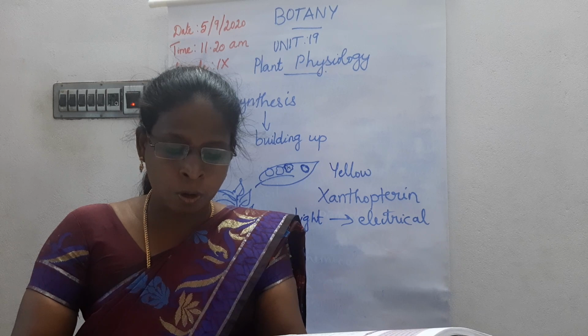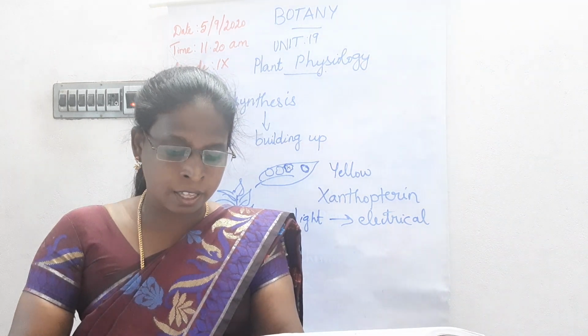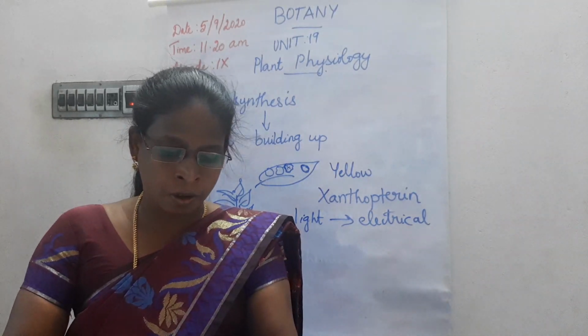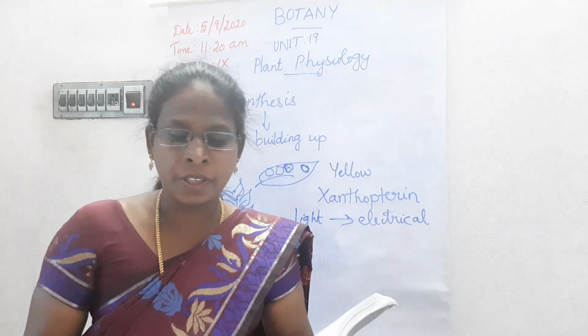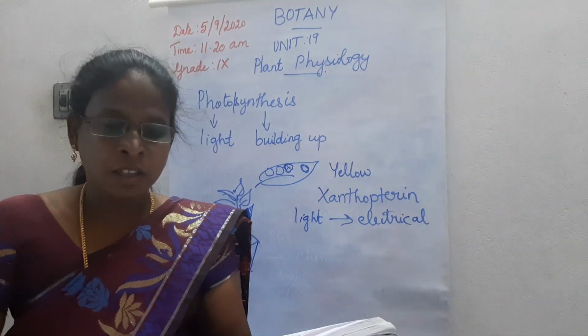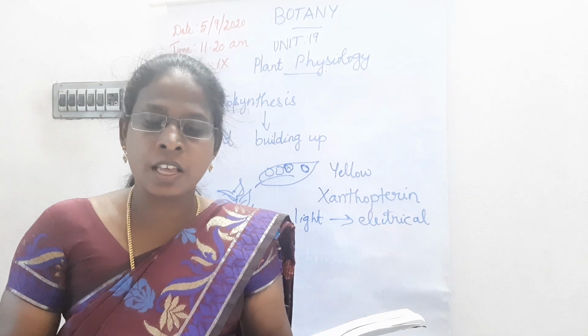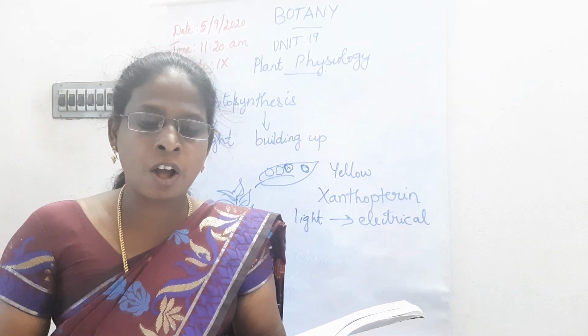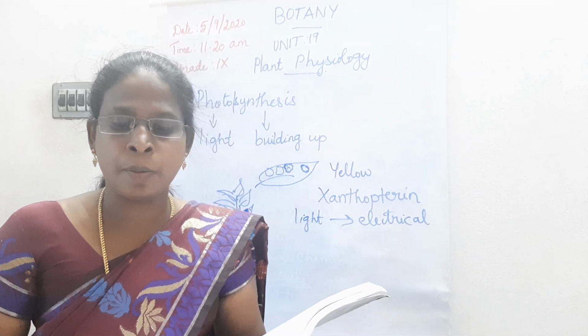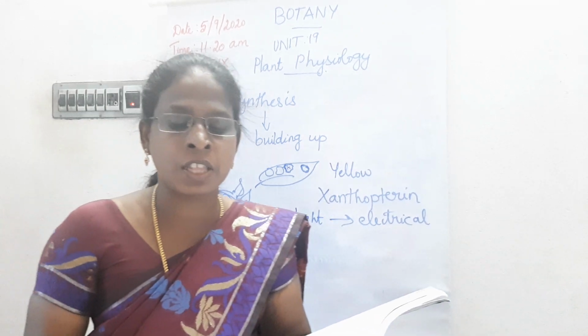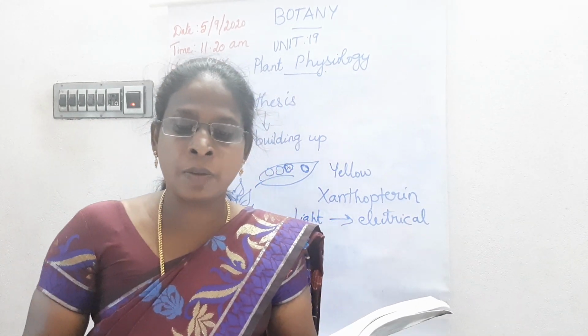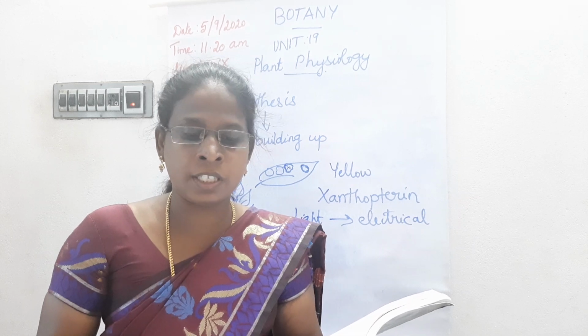Photosynthesis produces glucose and carbon dioxide, it is given. In the place of carbon dioxide, you have to write oxygen. Then fifth one, photosynthesis important in releasing oxygen to keep the atmosphere in balance. So during photosynthesis, oxygen is released, so it can keep the atmosphere balanced. True. That statement is true.